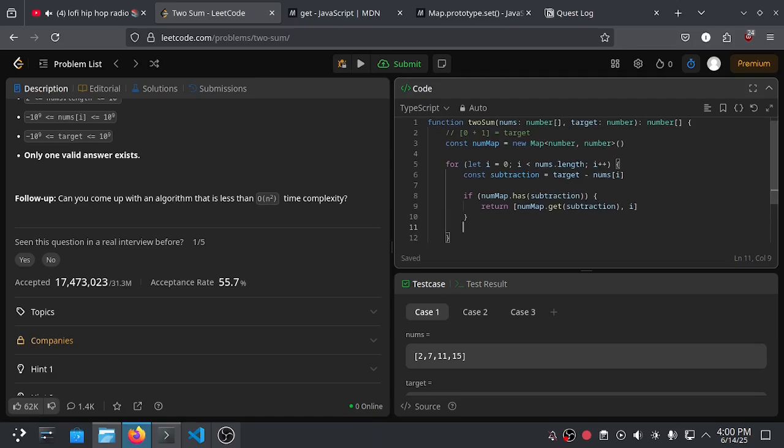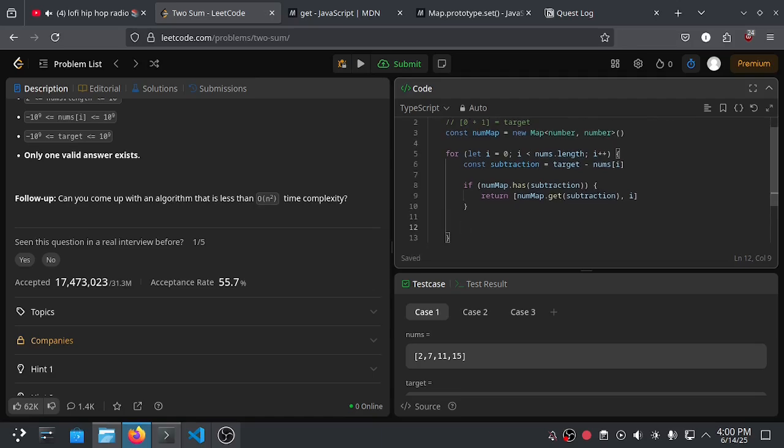So if it's not, then we store in the num map using the set function, and we store the subtraction with i as the current iteration.